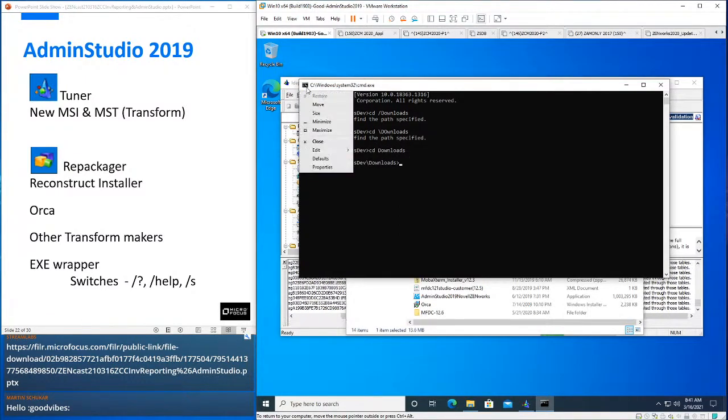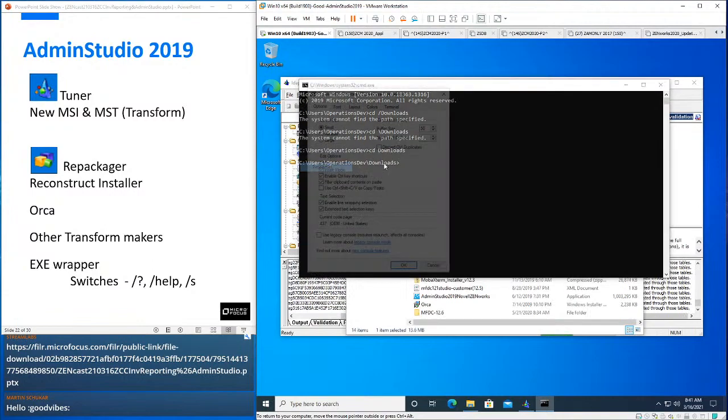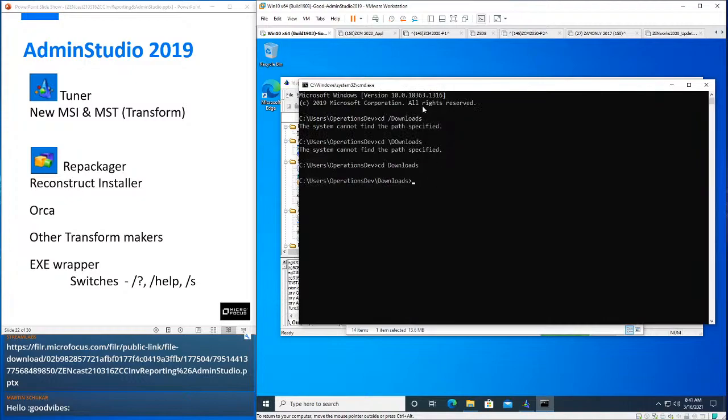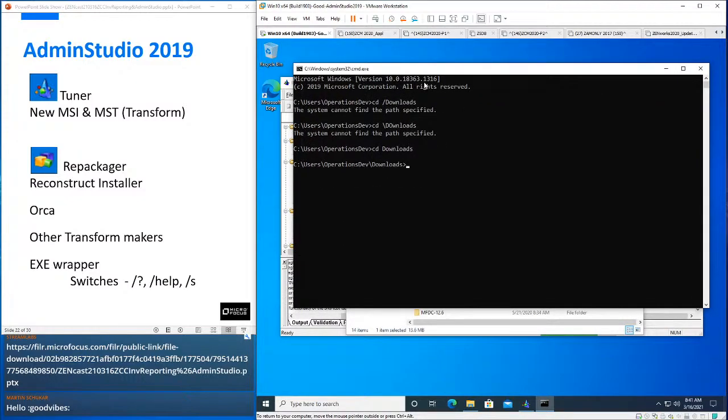Let me make this bigger for you. Properties. Font. That should be a little bit better. Okay, and so dir